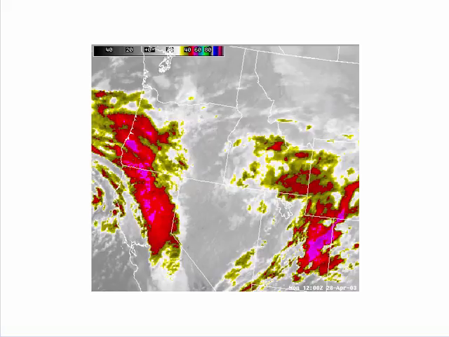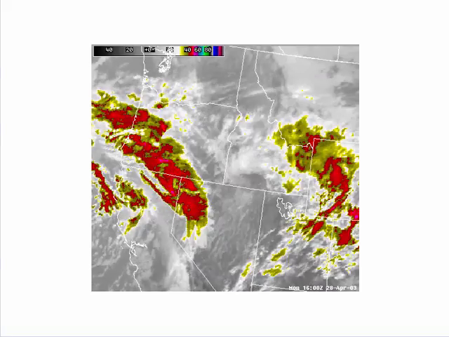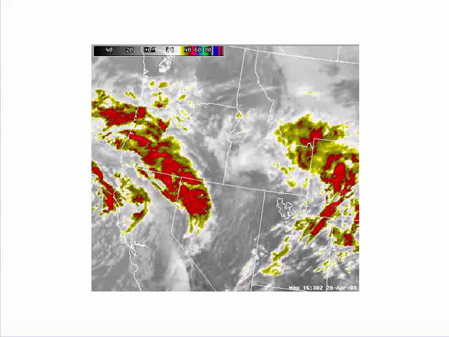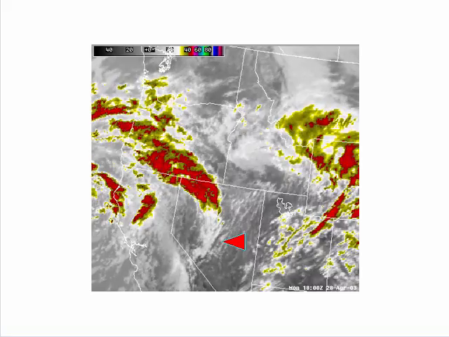So we can see the terrain, but also look closely toward the end of the loop. Let me stop the loop here as we go along. Let me show you the terrain. This is the cooler terrain right here, these little lines. As we step forward, we begin to see some brighter tops, some brighter spots forming on that terrain. There's one right there. And as we go through time, there's more and more of them, and they begin to move. Those are towering cumulus that are developing due to the high-level heat source, and they're